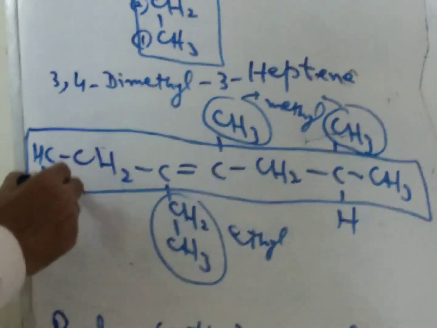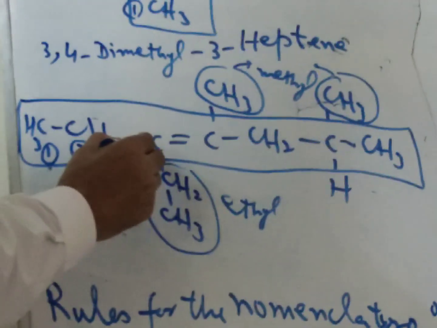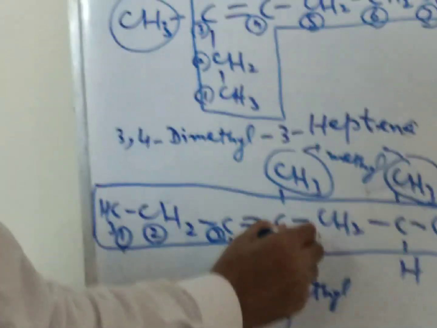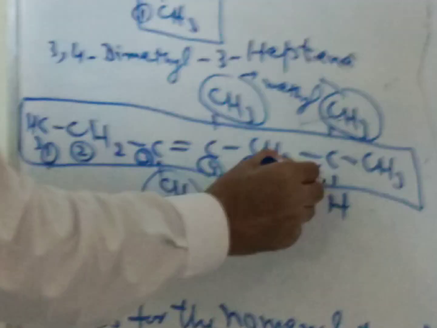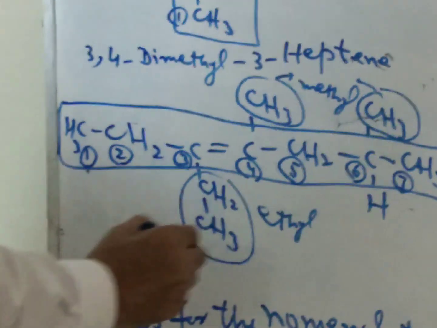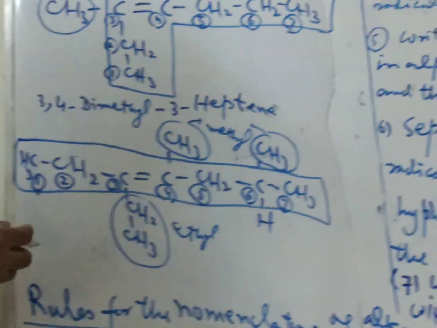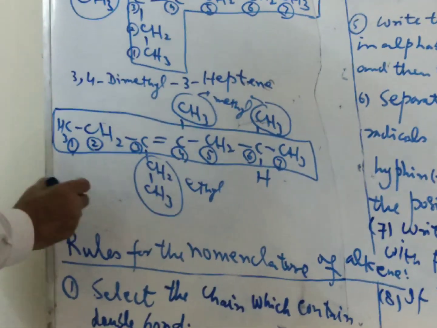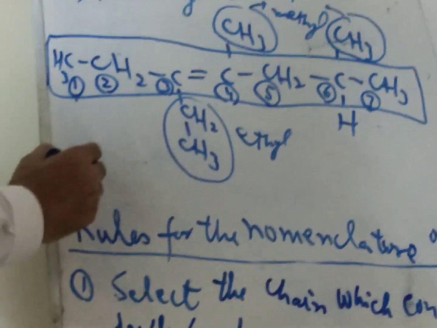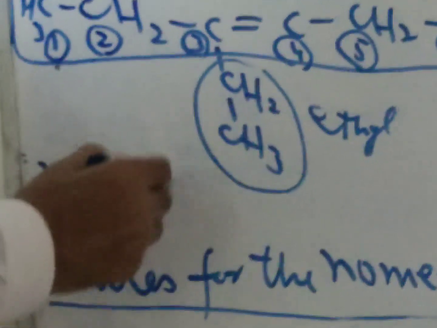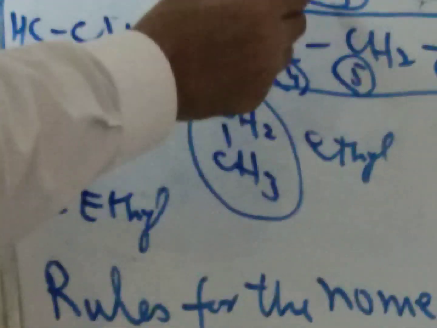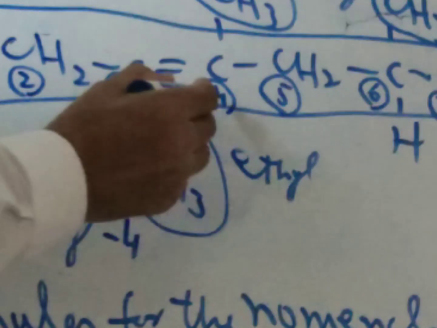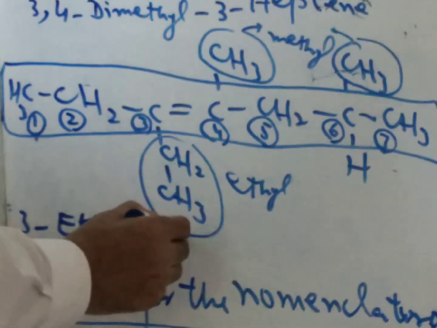That is 1, 2, 3, 4, 5, 6. This is the 7. And according to the rule, ethyl alphabetically comes first and then methyl. So we can say that the position of this ethyl is 3-ethyl, hyphen, and then the position of the alkyl radical, that is methyl, it is the 4th, and this one is the 6th, comma,